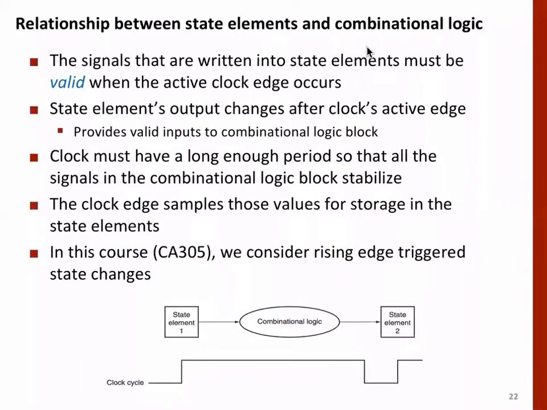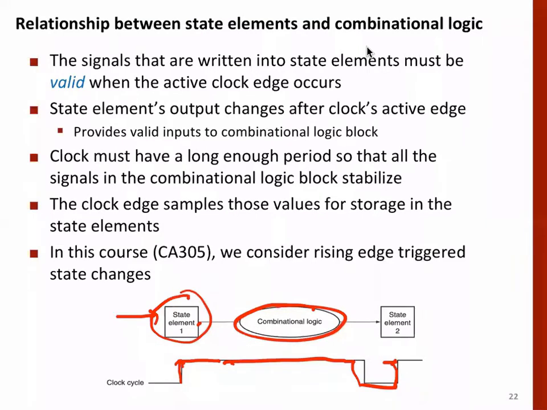All right. So the same point is emphasized here. We have a state element, which let's assume is a flip-flop. Only at the rising edge does this state change, depending on the input it has, and then the output remains stable up to this point. In this period, this combinational circuit should do its job, and the output should be available to the next state circuit. Then whatever is the value at this rising edge should be taken in the second state element.